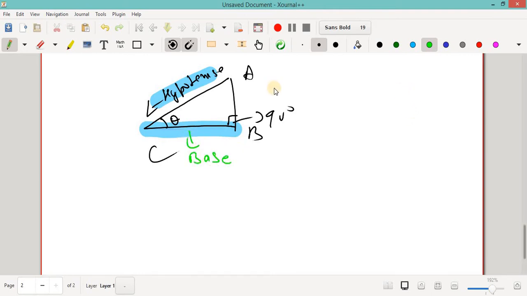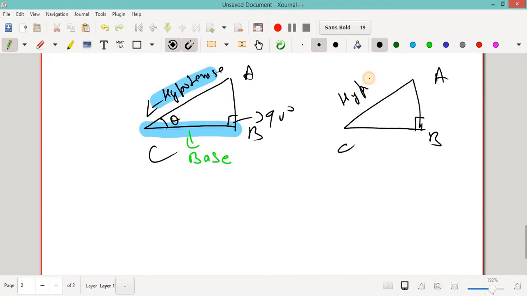Means for example, be it any angle. If I take another angle, same example, I'm taking the second figure. If I take ABC, in this case, this is my 90 degrees, this is my hypotenuse, this is fixed, this we cannot change, this is fixed throughout my question. Now if I take this as my theta, in this case what will happen? Hypotenuse fixed. Now in this case, this will be my base.